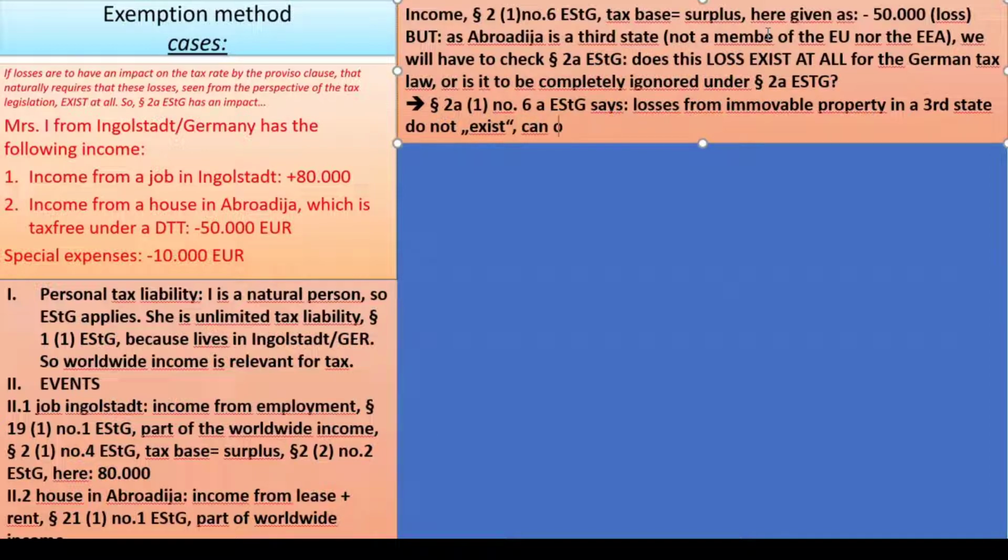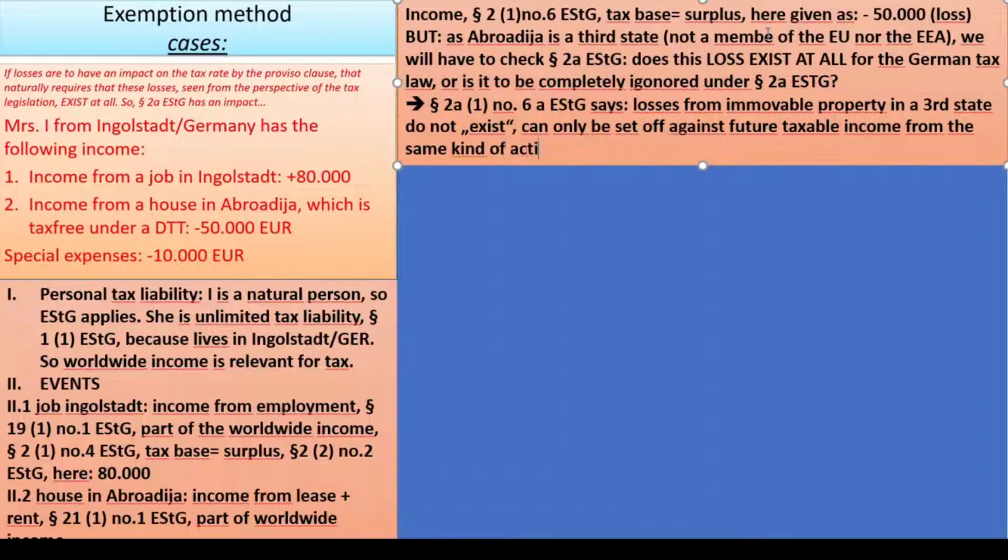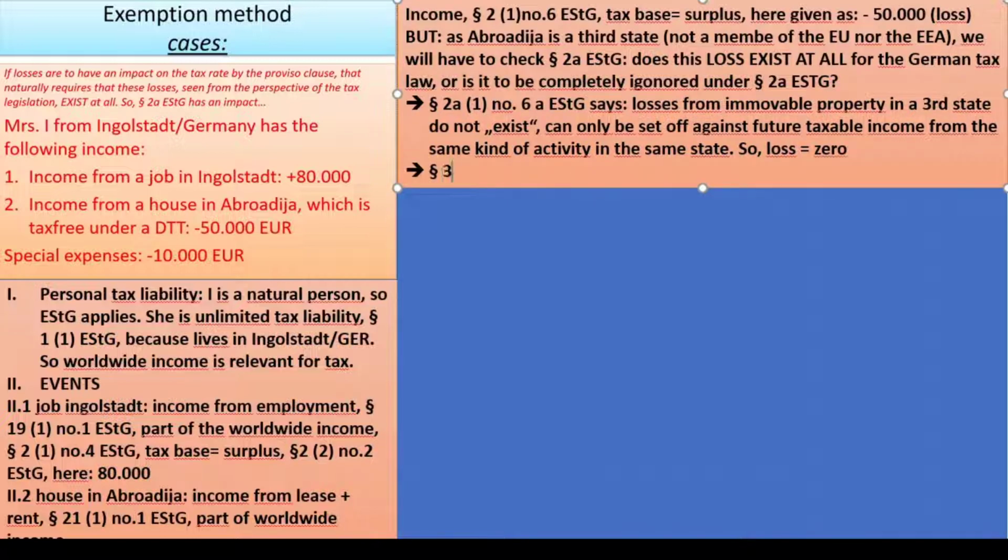Can only be set off against future profits or revenue, future taxable income from the same kind of activity in the same state. So the loss is 0 completely. Paragraph 2a